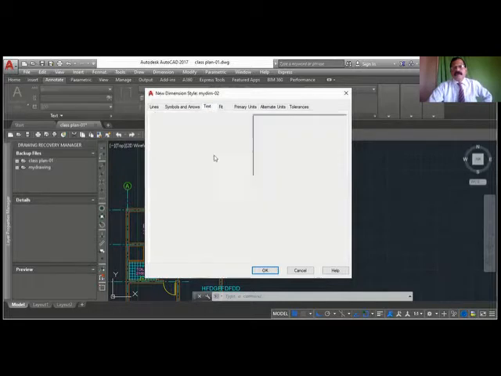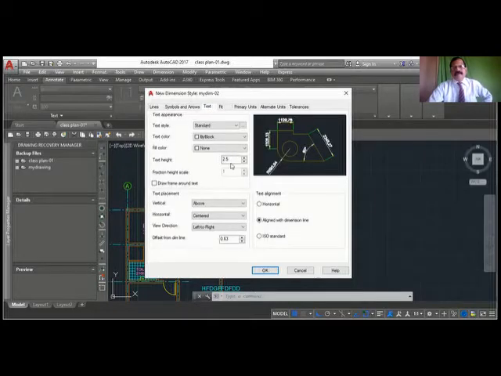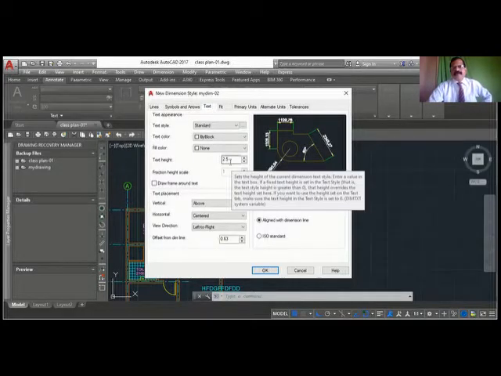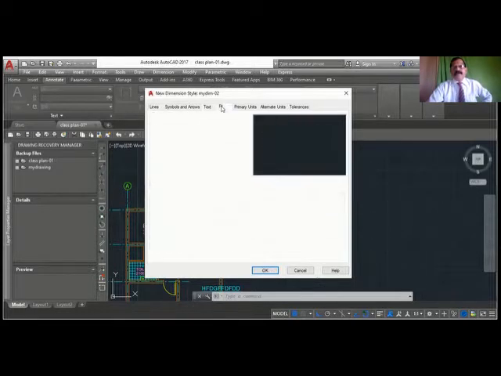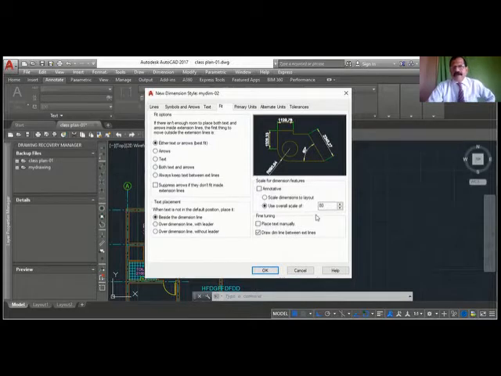Okay, so this value is very important. Sometimes this will be 0.18, sometimes it will be 2.5, so based on that one, you have to calculate. If it is 0.18, it will be 250 divided by 0.18, which is about 1,400. You have to put 1,400 here. Okay, this is very important.